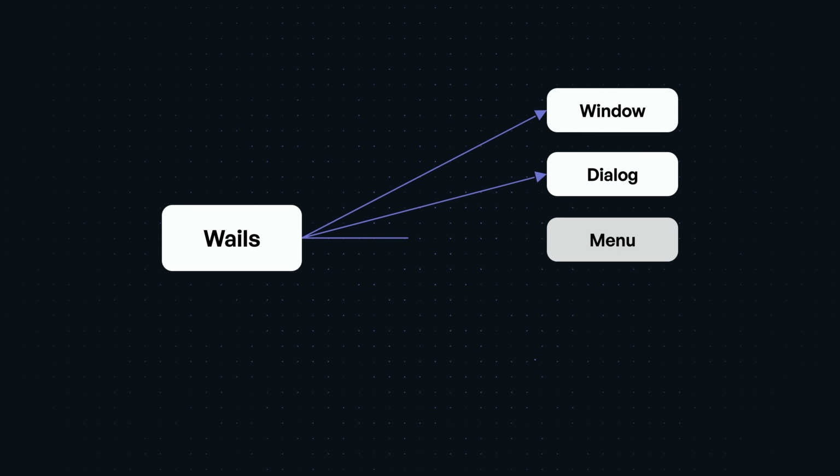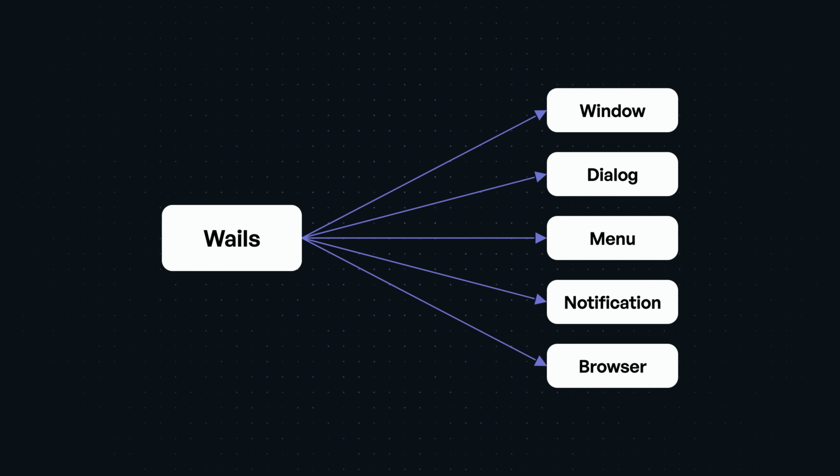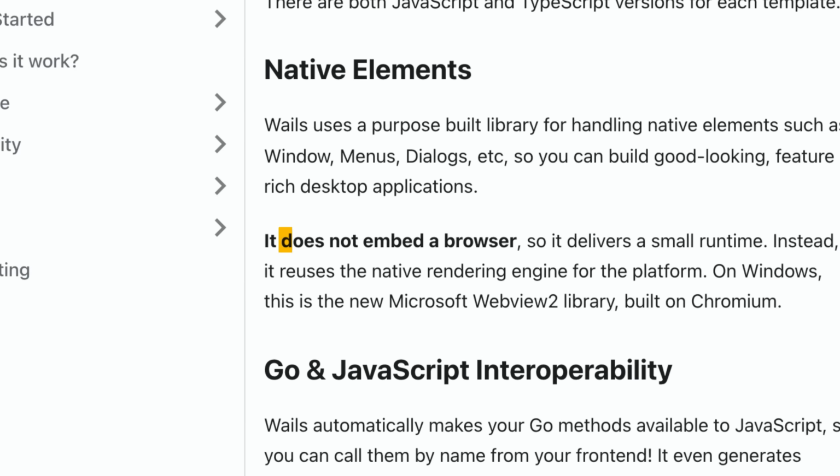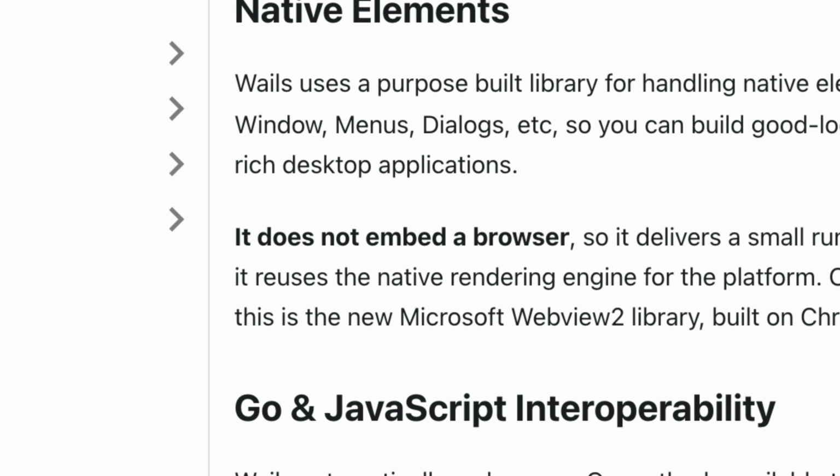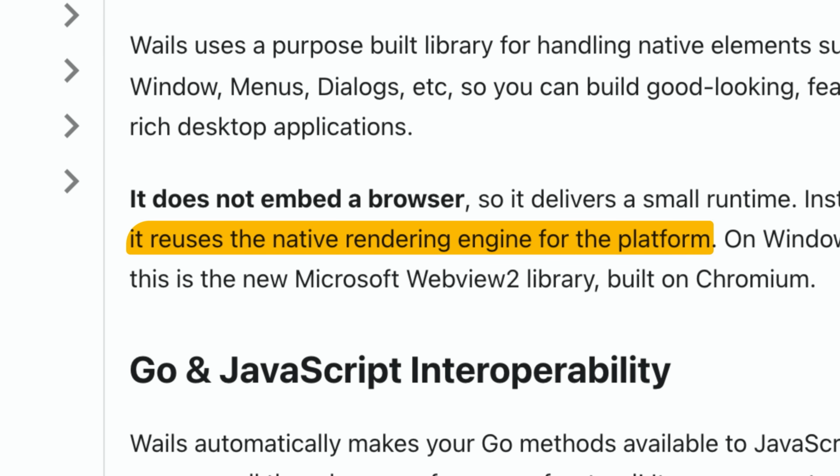So Wails works very much in the same way as Tauri, but the backend is in Go rather than Rust. You still build a front end in a web view using web technologies, then call native APIs, which are managed by Golang. This means you can compile an application that's compatible with both Mac and Windows. But unlike Electron, Wails does not embed a browser. Instead, it reuses the native rendering engine for each platform, much like Tauri does. So the bundle size technically should be a lot smaller, but we're going to see that later on when we